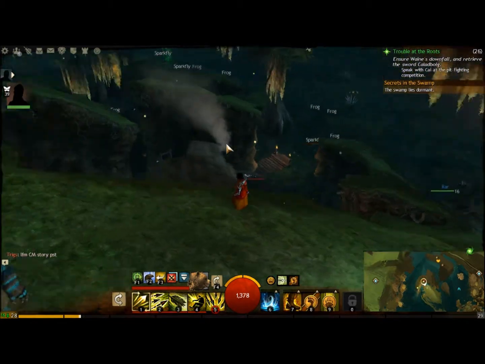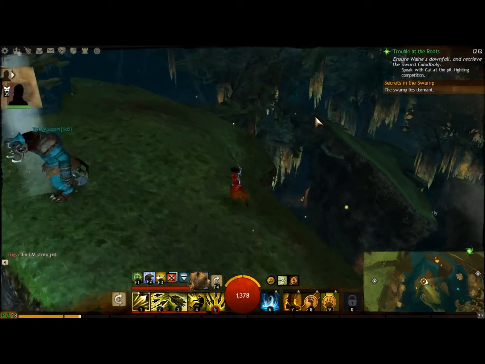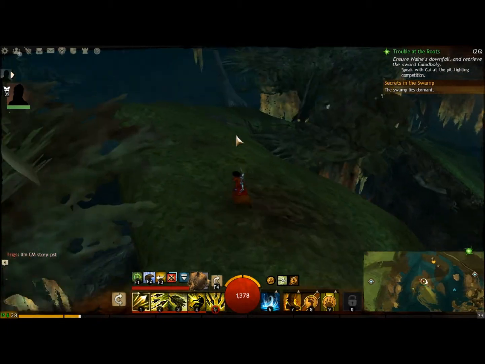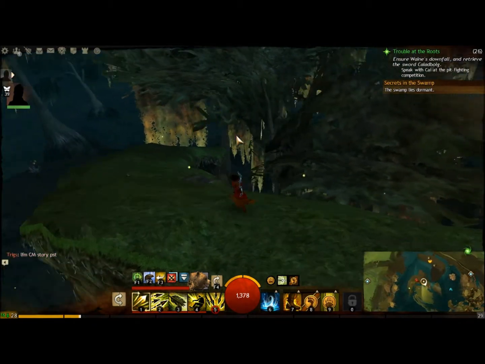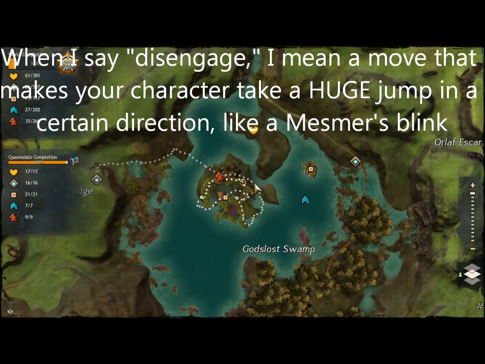Okay. Now, if you go up on any of the other sides, which is what I was trying to do, trying to get from here to here, you're going to need a pretty impressive jump. I think it's doable with a couple of disengage kind of abilities, but I'm not going to bother testing that right now,